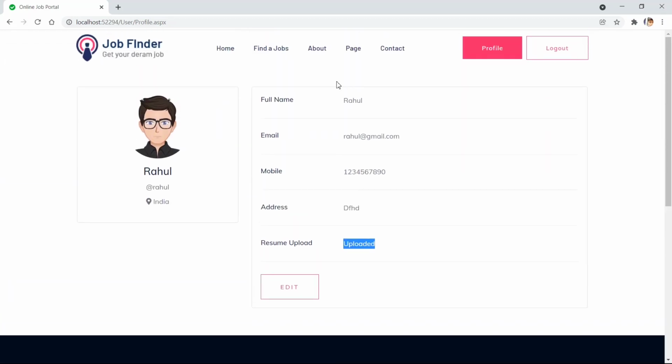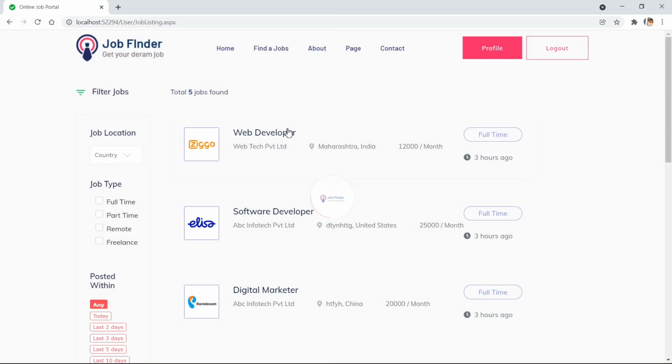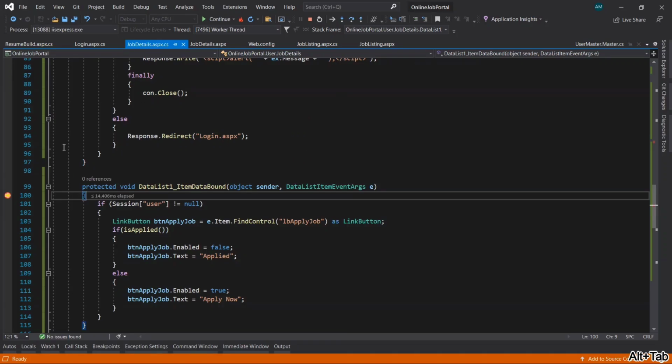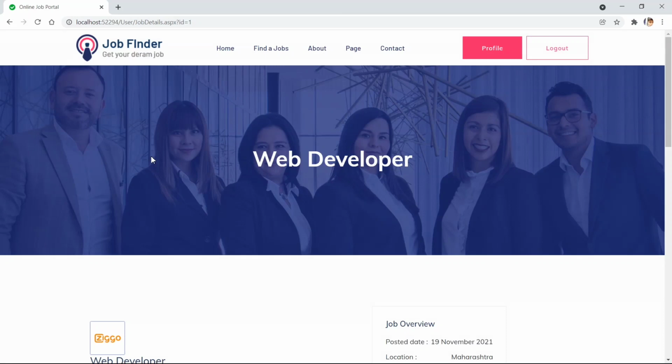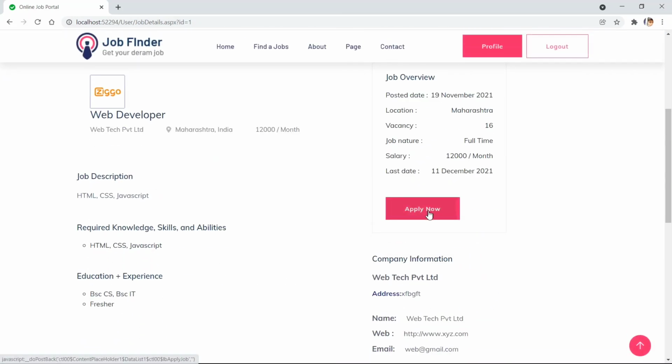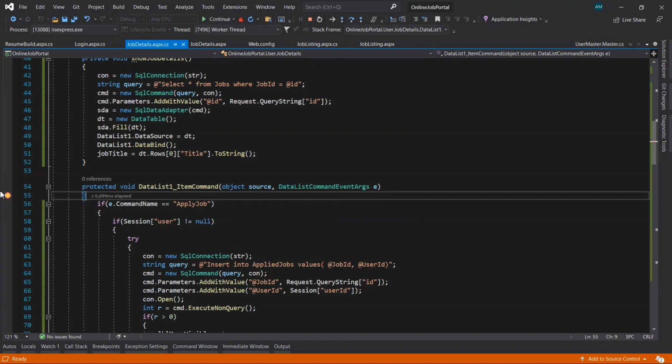Okay, now let's go to the find a job page, and when we click on this first job, it takes me to this page, so we'll remove this breakpoint. Continue. So right now I'm clicking on this apply now, so let's remove this breakpoint.